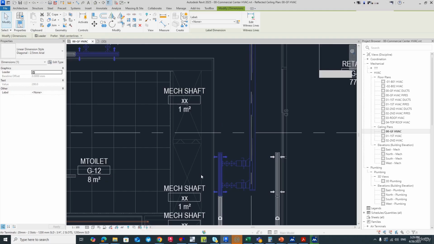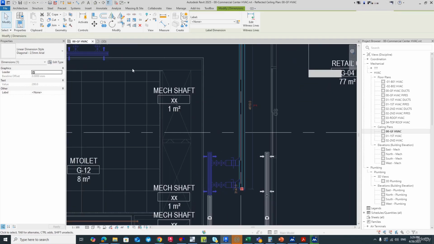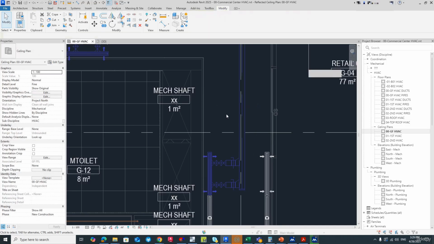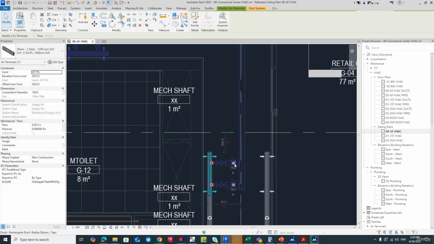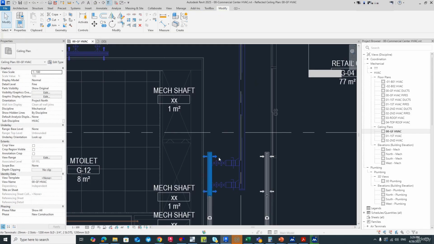Here I have a note to tell you. As you can see, the width over here is 150 and here the height is 200. Usually we make the width greater than the height, but in this particular case, I made the width 150 and the height 200 millimeter. Why? Because here the connection is 150, so we need to make the duct height greater than the diffuser connection point. What is the flow for this